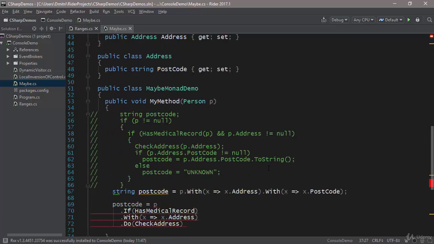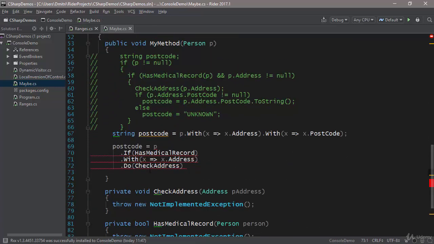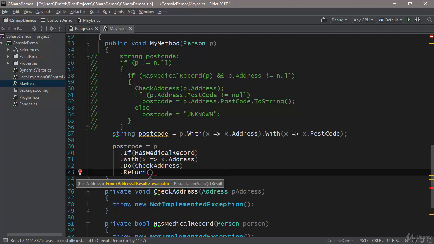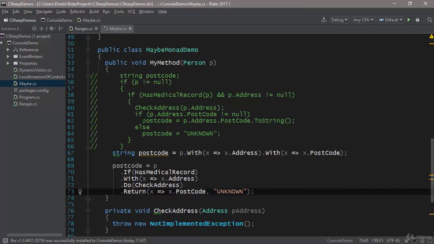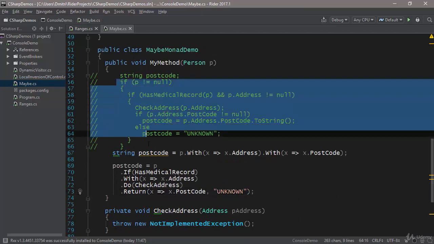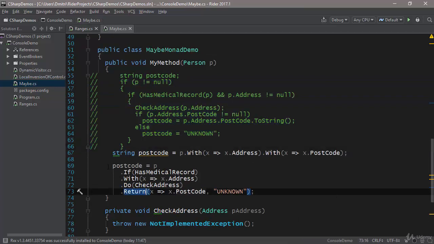Okay, so scrolling down here, our final call here would be Return, and here what we would do is we would access the postcode. So we would say x goes to x.postcode, or if there is no postcode, just put in unknown. Okay, so what we've just done is we've redefined, we've rewritten all of this in terms of this